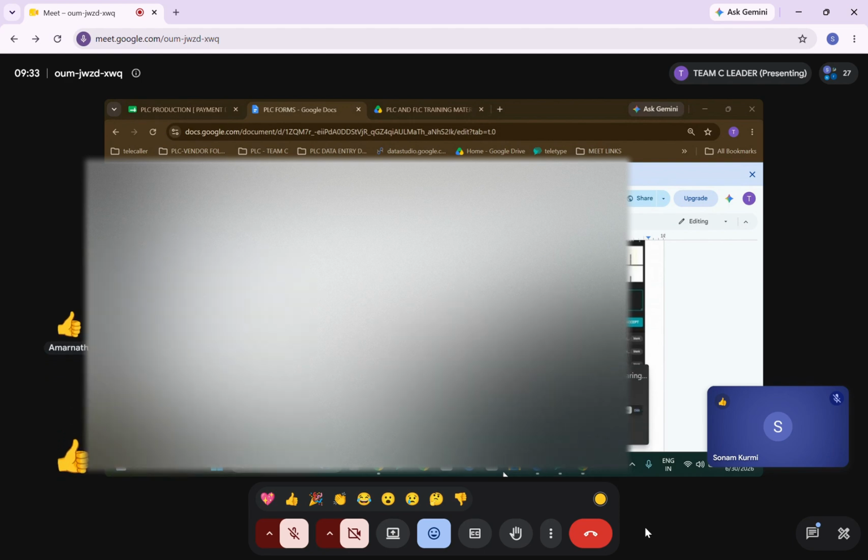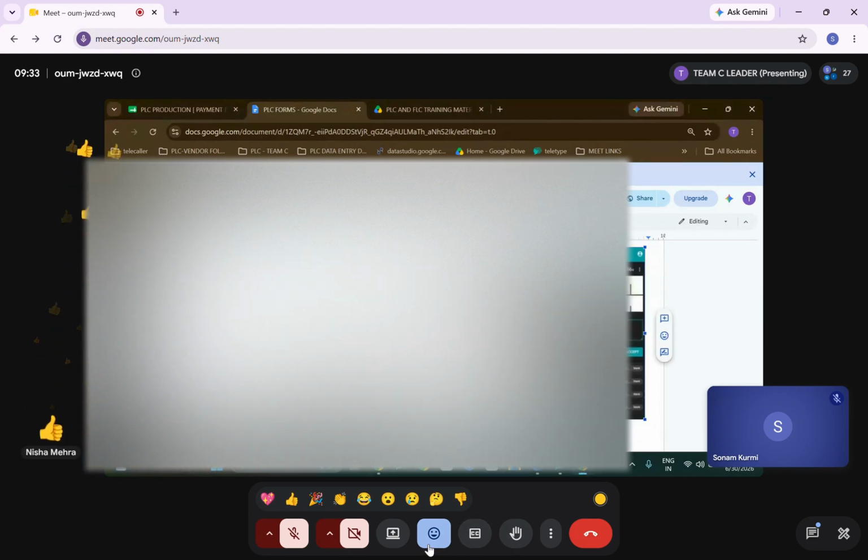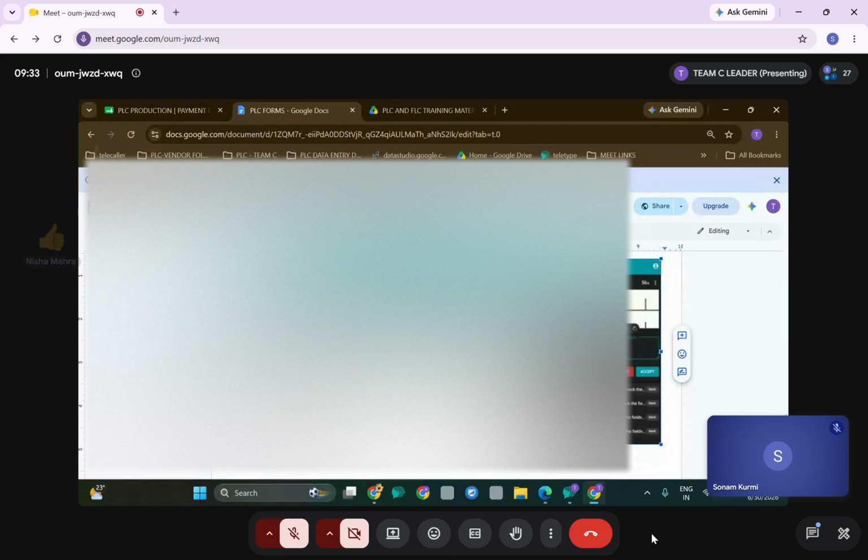Ma'am, is blank also considered as an update? Blank except is considered as one except. Okay. And in case we have doubts for all these forms when we start the work? Yeah, no problem. You can just clear doubts with us, like in the group.